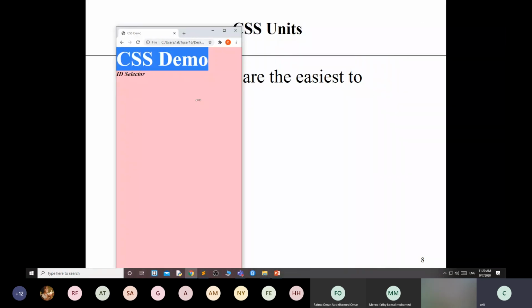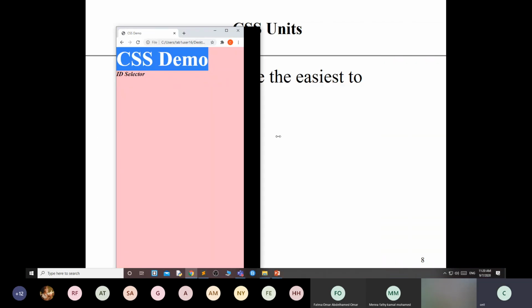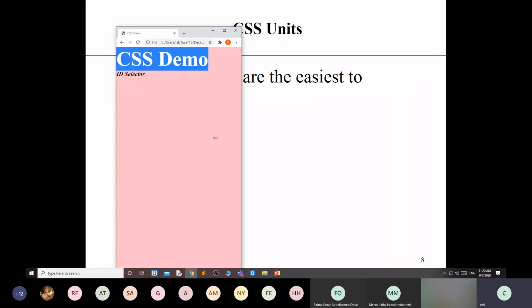Suppose, let's say, you have given the absolute unit. Then if the size of the page gets changed, that size will not change. That size becomes fixed. It means if you open the web page in a mobile device or any other device, the content will get cut because you have given the fixed size.